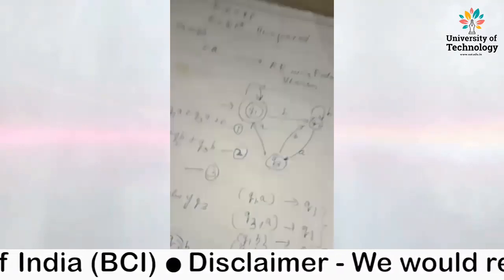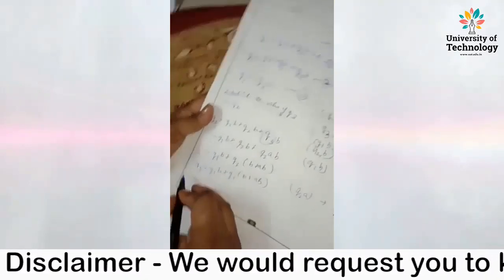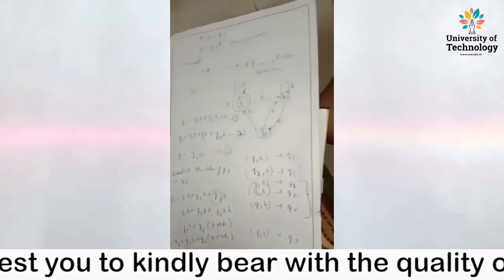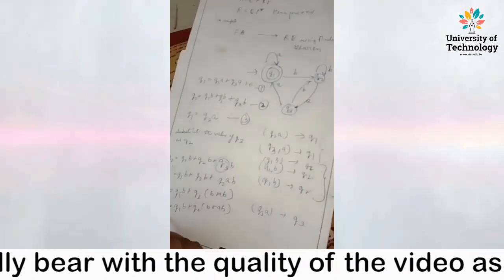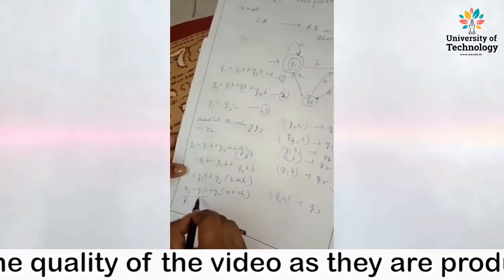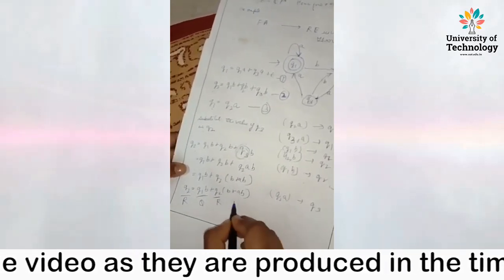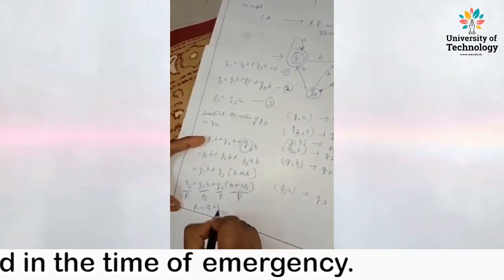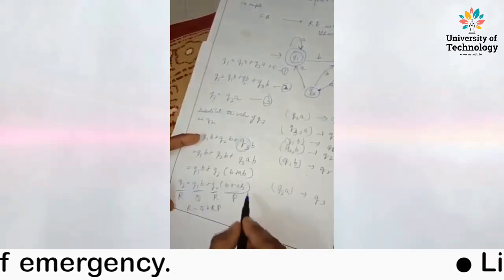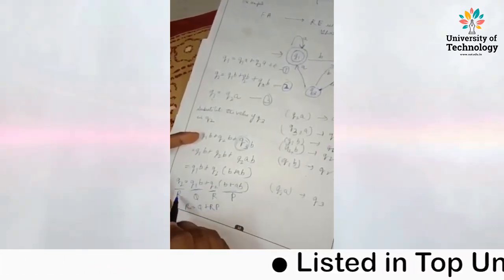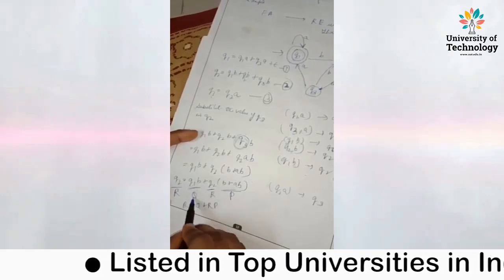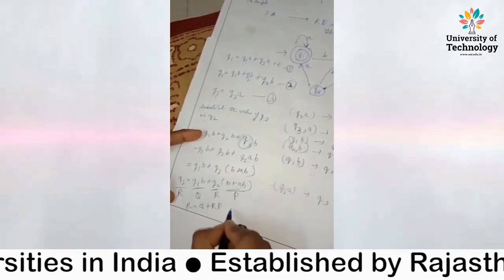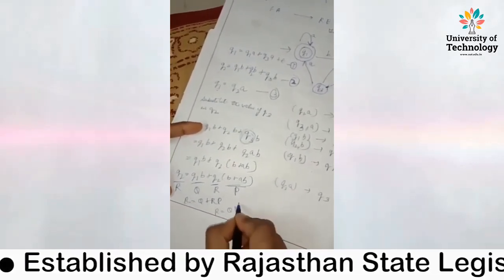Now, according to Arden's theorem, how can you write it? You know what Arden's theorem is? So how can you write it? Q2 can be written as, this is going to be R, Q1B is going to be Q, this is again R, and this is going to be P. Is this clear to you? We know that R is equal to Q plus RP, and if we compare this equation with this form, then Q2 is R, this is Q2 R, same, and this can be Q1B and this is going to be P. Now how can you write R equals Q plus RP? According to Arden, it can be written as R is equal to QP, Kleene closure.